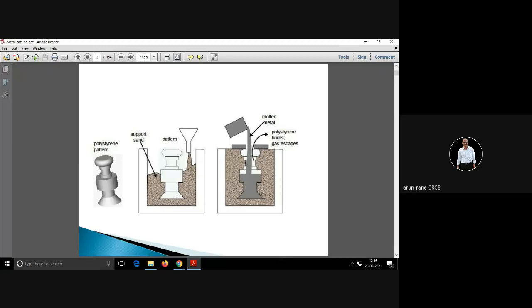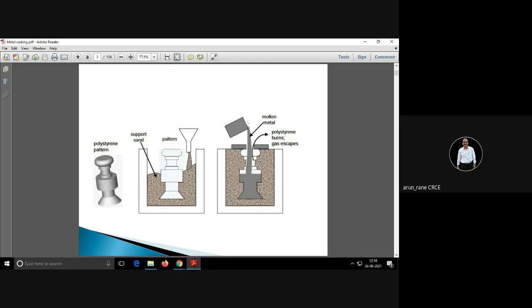Okay, but now in this case you cannot, because this pattern is stuck in the sand. There is sand surrounding it here, so it is impossible to remove these patterns. Since this is made out of polystyrene, which is plastic, and you know plastic melting point is around 150 to 200 degrees Celsius, what we do is we just pour the sand, and then we